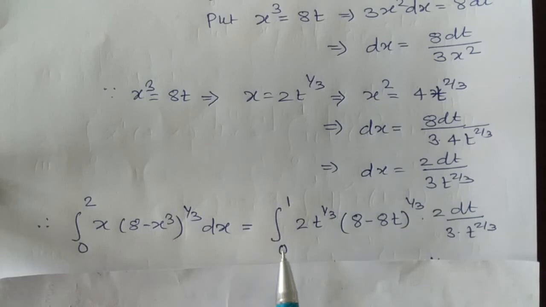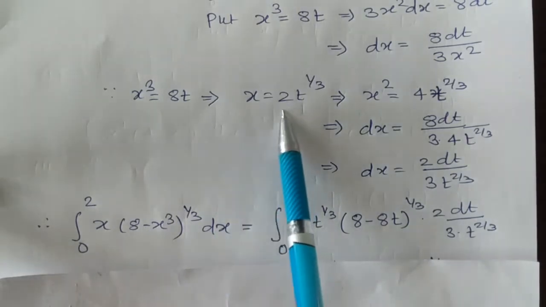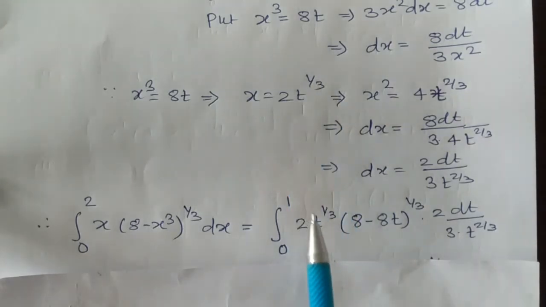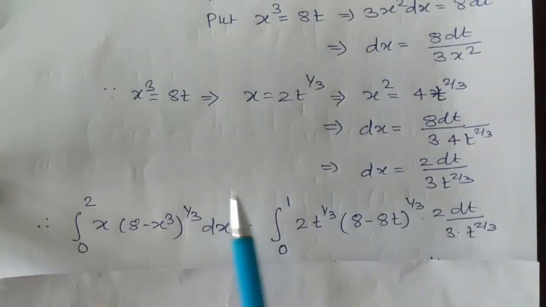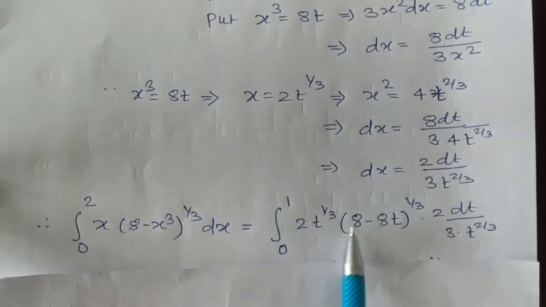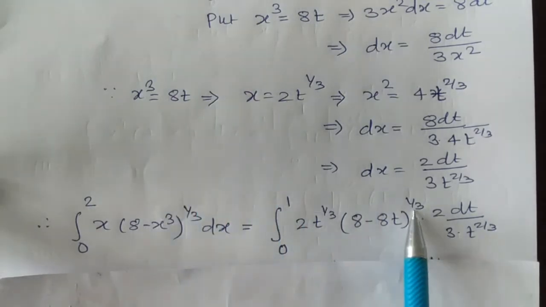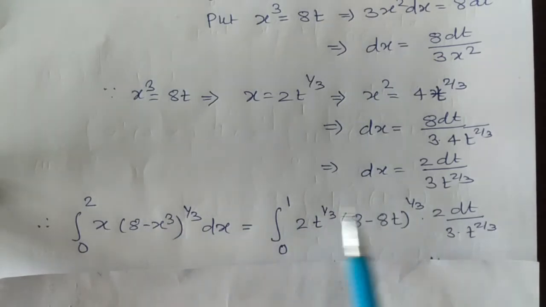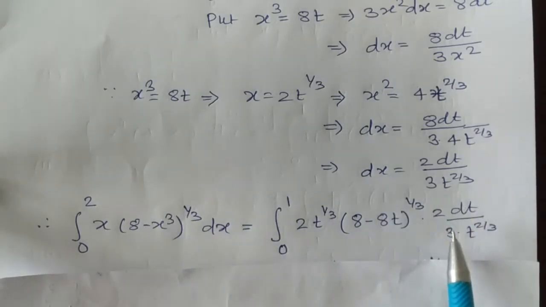So the limit of integration becomes 0 to 1. Now the value of x is 2 into t power 1/3, into (8 minus x cube); x cube is 8t, so (8 minus 8t) whole power 1/3,